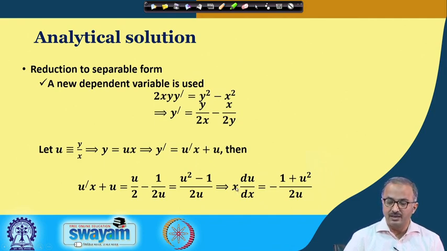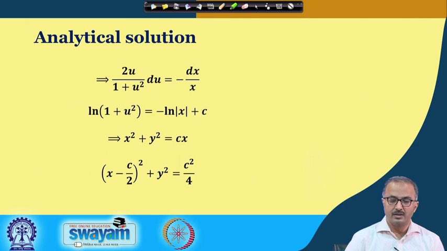If you take this x on the right hand side and all these u's can be brought to the left hand side, you are seeing that you are able to separate these two variables. So, here I have done just that. Again, I am not going into the integration of it. Once you integrate it, you will get this kind of a thing and then you manipulate it, you will get this equation.